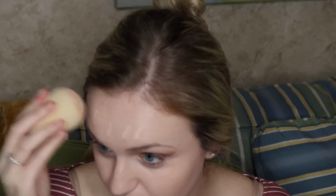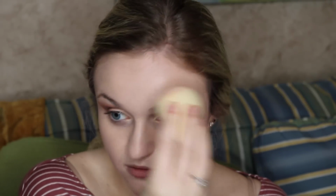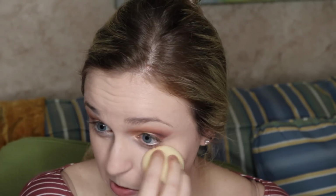Yeah, I feel like this works well, especially it seems like the fall, now that the weather's changing. I would consider myself to have normal to combination skin. I don't get necessarily too oily, but I'm not really that dry either. But I think this foundation for this time of year really